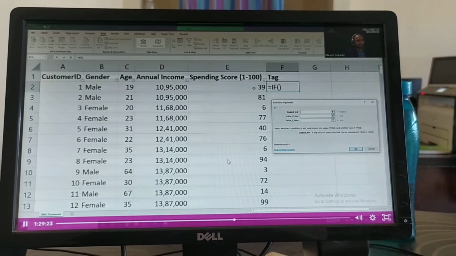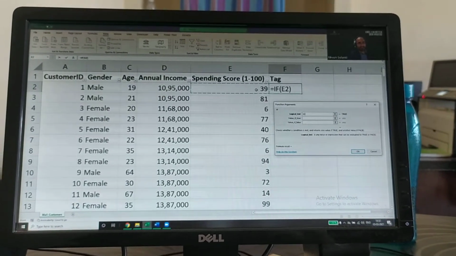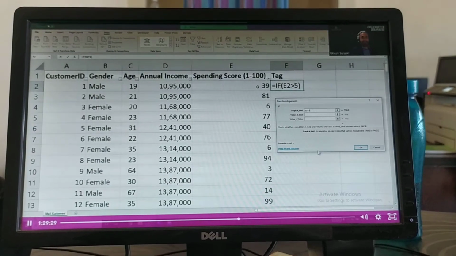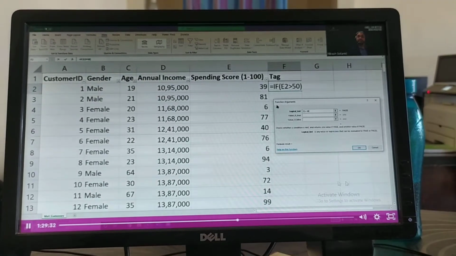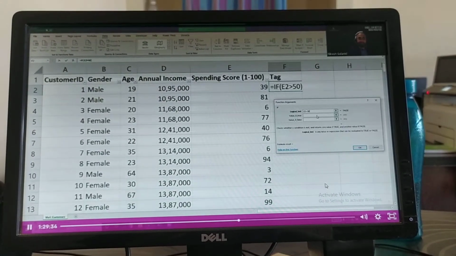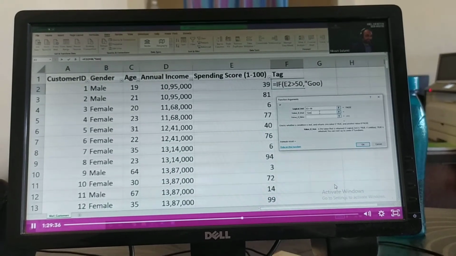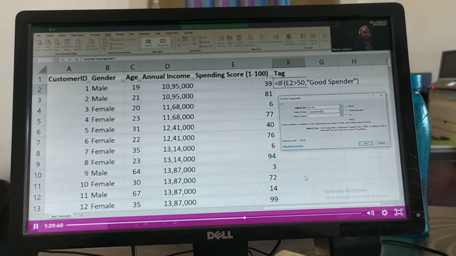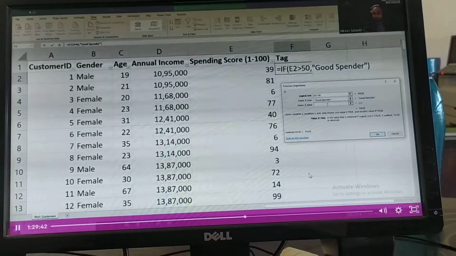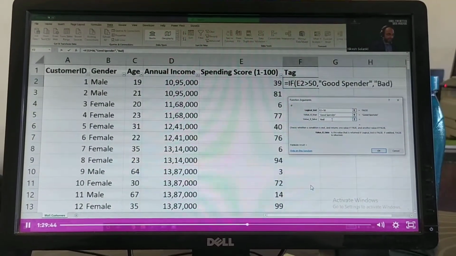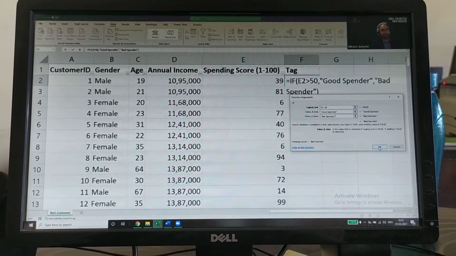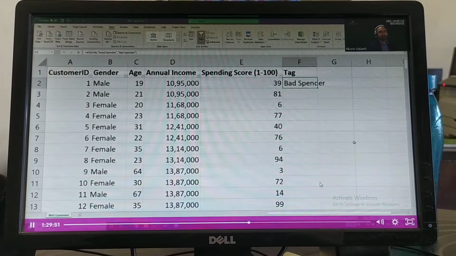My test is, I'm going to see this cell and check if it is greater than 50. If it is greater than 50, then I will write he's a good spender. And if it is false, if it is below 50, I will say he's a bad spender. Okay? And I'll click OK.